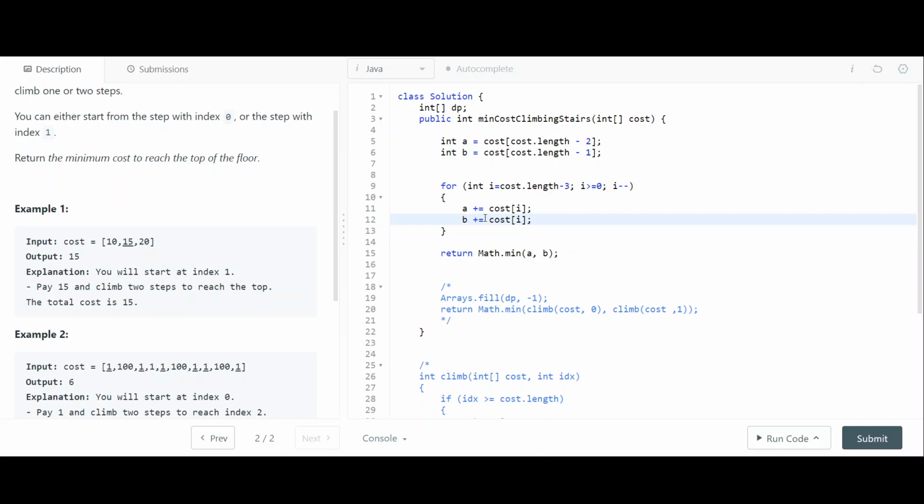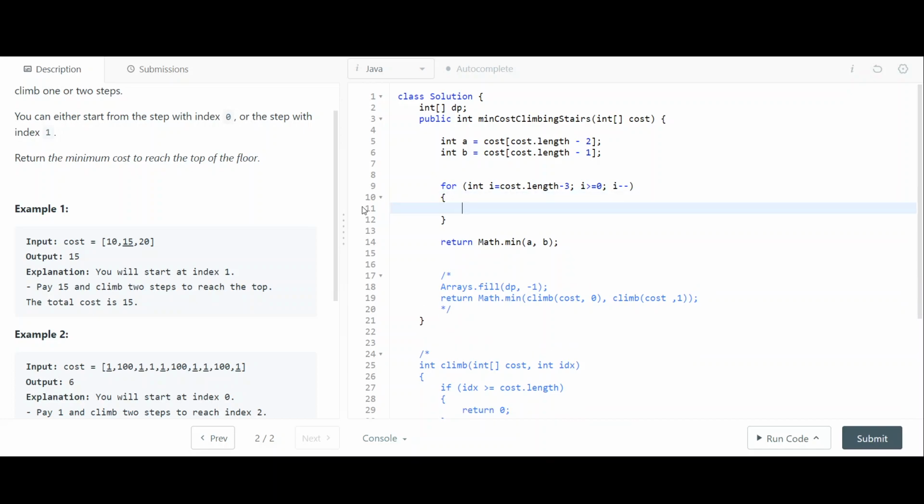Hmm, something is fishy. Let me see. So you either take one step or you take two steps, right? Basically, I understand that cost will be